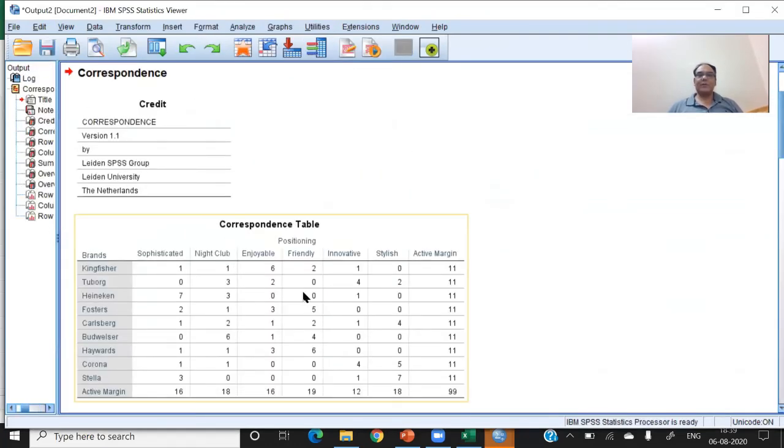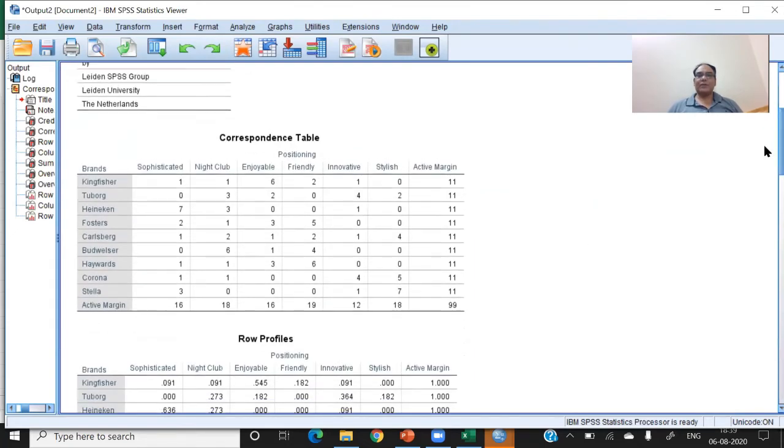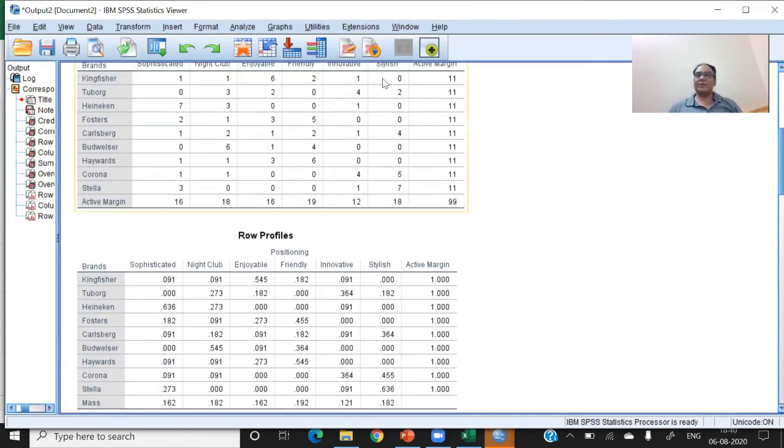This is the table which I showed during the cross tabulation. This is my summary table that I showed you. In this case, we are seeing how many ticks were given by different respondents. When I divide all the numbers by the row total, I get my row profile. You can see that if all the numbers are divided by the row total, I will get this. If you compare this first row, you can see that I have the highest value like this. Then let me pick the highest values.